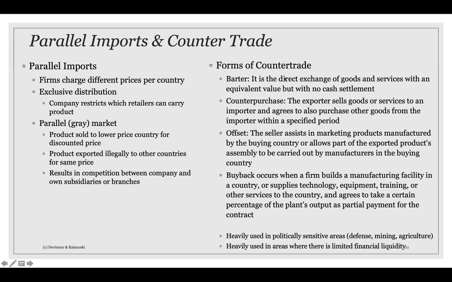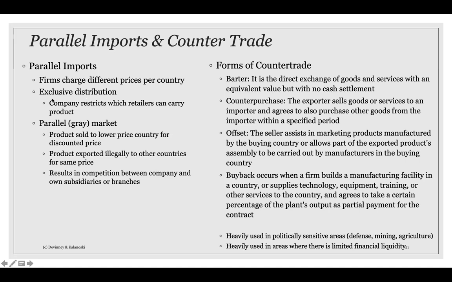Counter trade is actually massive, but it's massive within third world countries and also many less developed countries. China, for example, for many years had a lot of counter trade going on. Russia had a lot of counter trade going on. Over time, that decreased. You also have the parallel imports problem, and that is if you have price differentials between